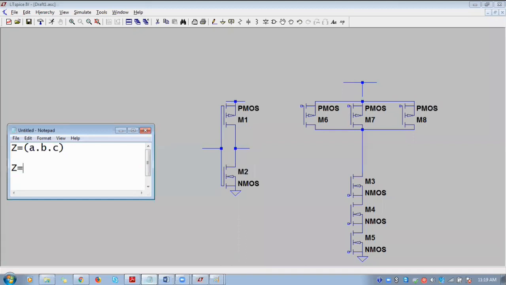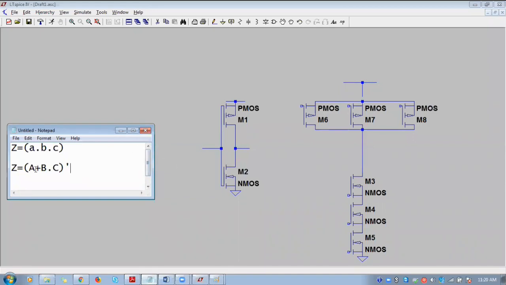So equal to A plus B dot C, whole bar. So if you are getting an equation like this, you have to give priority to the dot operator. Then only you have to give priority to the plus operator. Sometimes you may get an equation like this. So in this case, you have to give priority to the plus operator if a bracket is provided. Otherwise, you have to give priority to the dot operator according to the arithmetic rules.